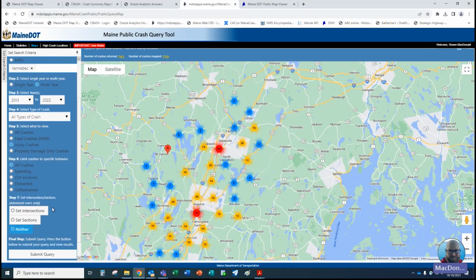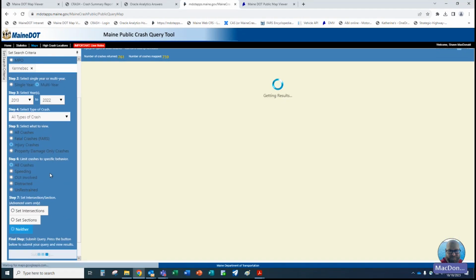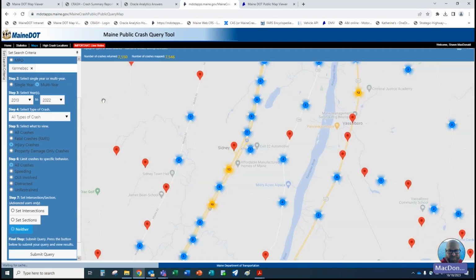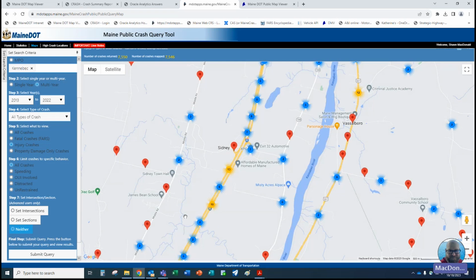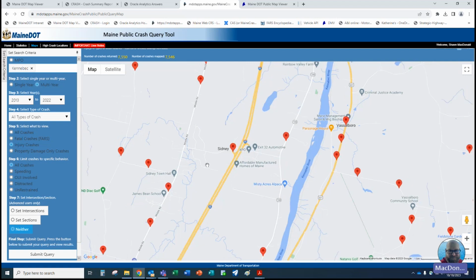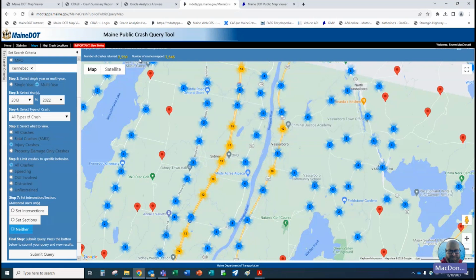I thought something looked weird. Let me try this again, because I thought I was doing a multi-year, 10-year query, and I was only actually doing a 1 year. I knew 761 didn't sound quite right for crashes in Kennebec County. That looks a little bit better: 7550 and 7546. And here's another thing that I'm going to point out to you.